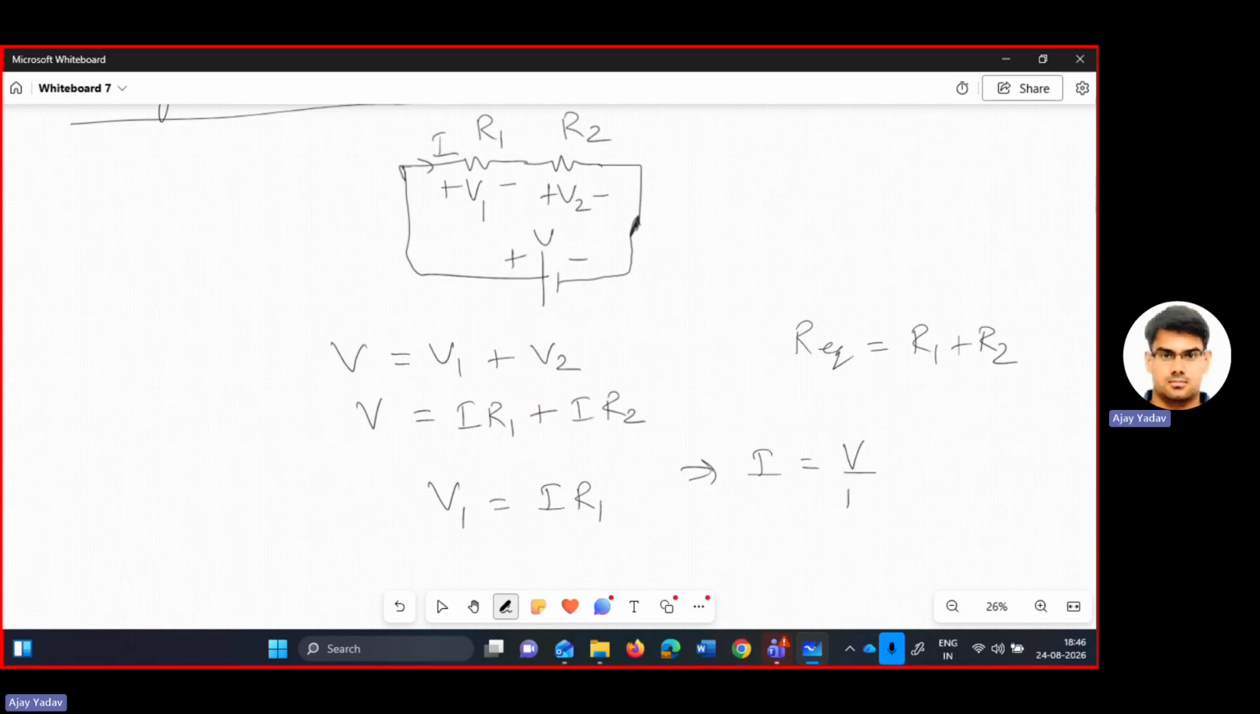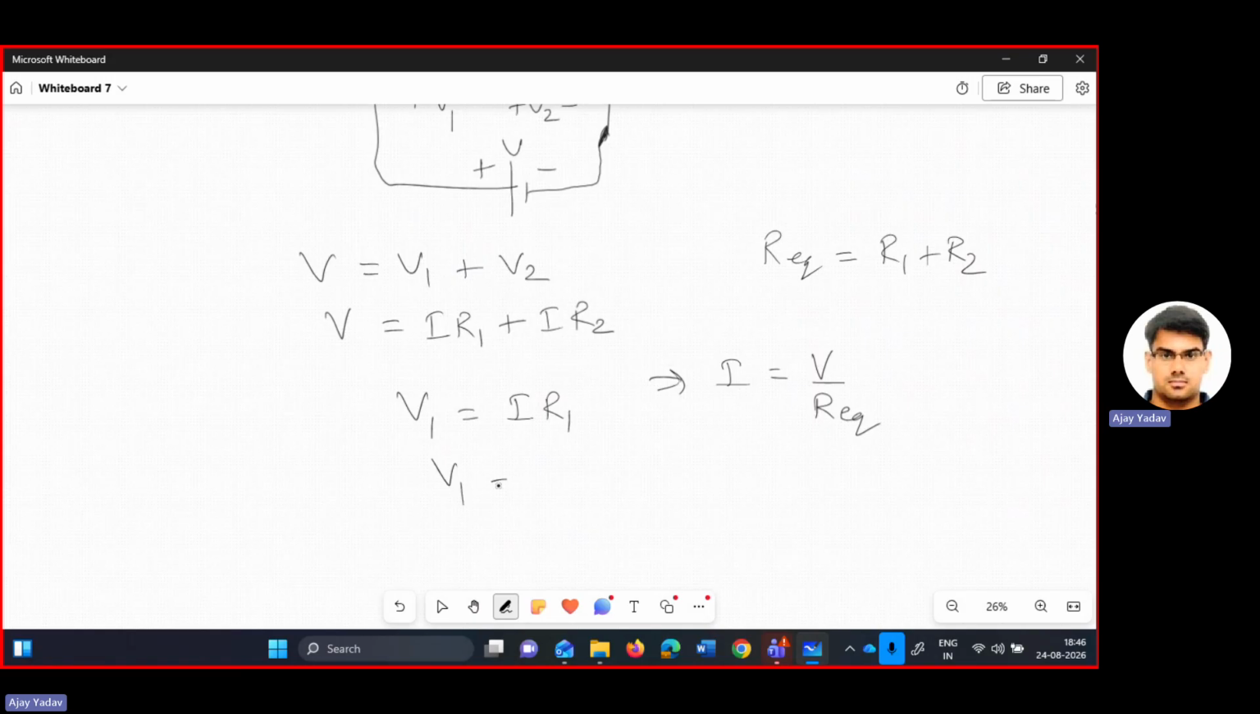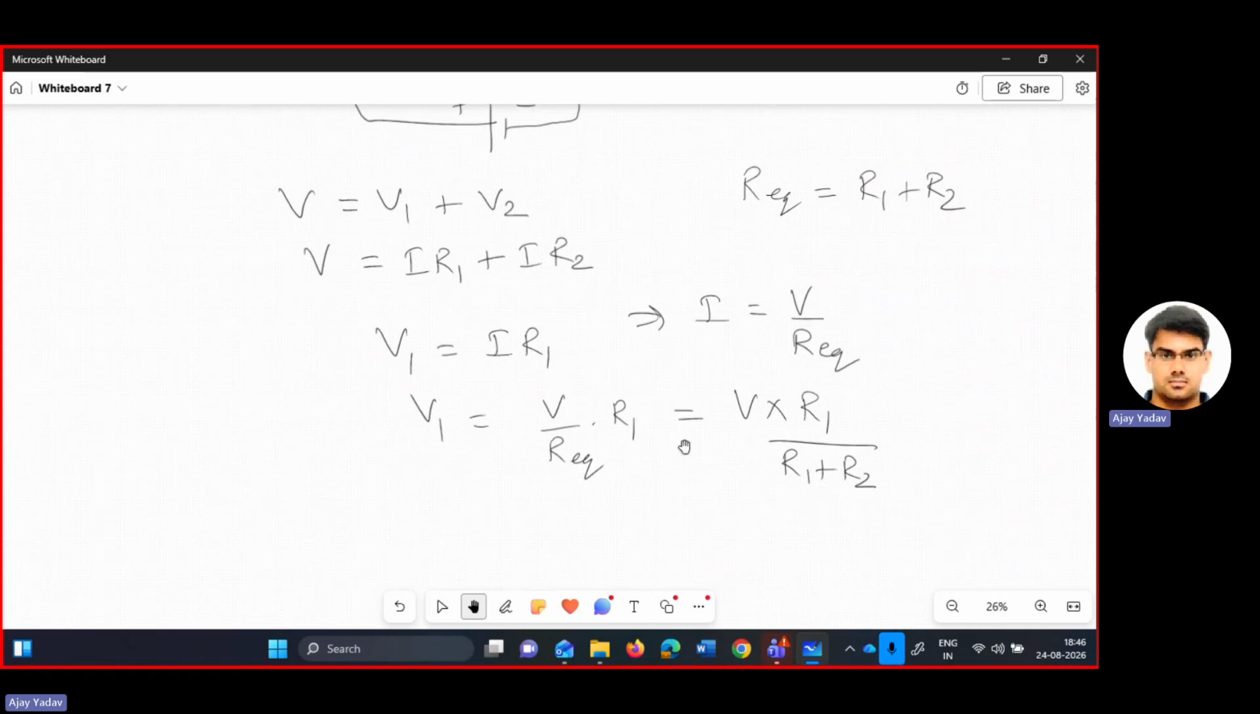So for this circuit, I will be V by R equivalent. If I calculate this equivalent resistance, it will be like this. So from here, you can say that your V1 is V by R equivalent into R1. Or you can say it is the source voltage into the resistance across which you want to calculate the voltage drop, divided by the sum of the resistances. Similarly, the voltage across this is I into R2, which will be V divided by R1 plus R2